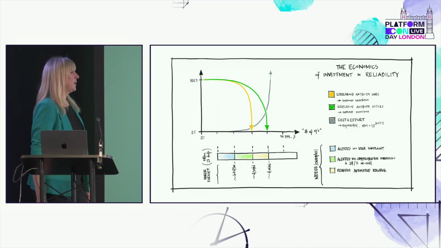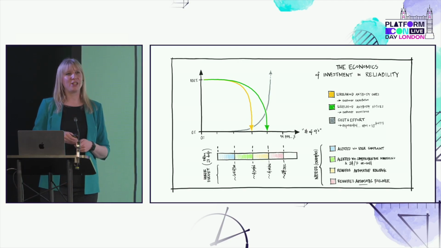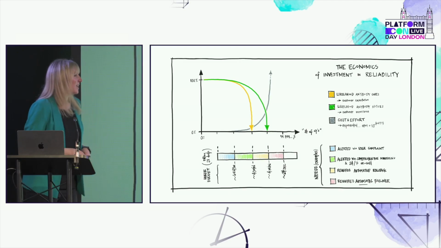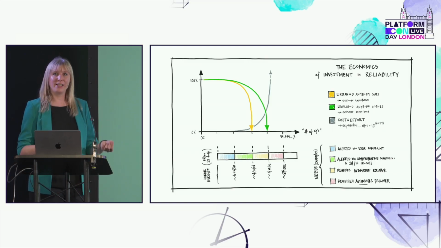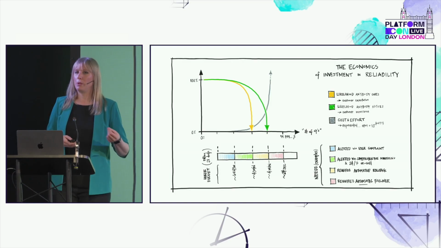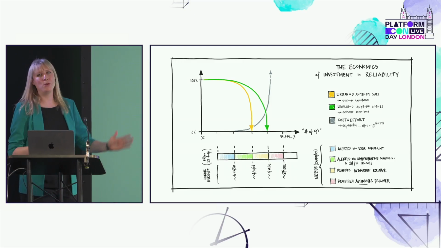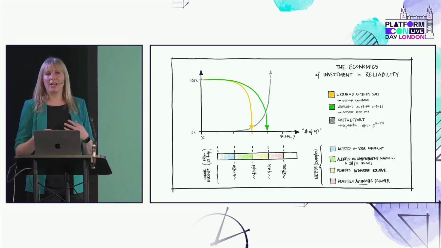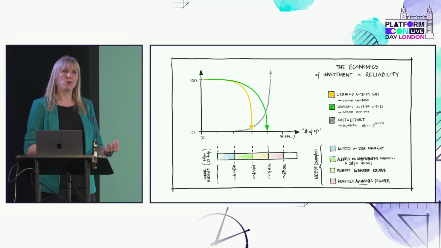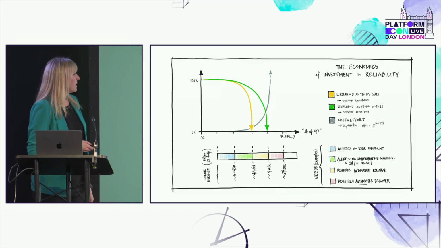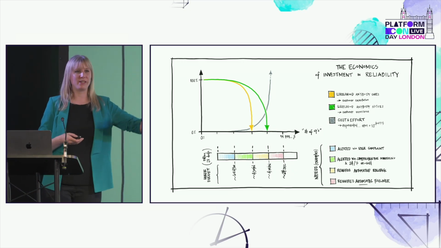As we go up, we can see that we're going to need a lot more automation and a lot more robust engineering to achieve those additional nines. And so, at 3 nines, you're looking at really comprehensive monitoring, alerting, and an on-call schedule with people who are well-trained in how to recover from those outages. As you get up to 4 nines, 5 nines, and beyond, you are looking at engineered solutions. You're looking at automated detection and recovery. You're looking at automated rollback to the last known good release. You're looking at practices like blue-green deployments where you can test changes on a very small population